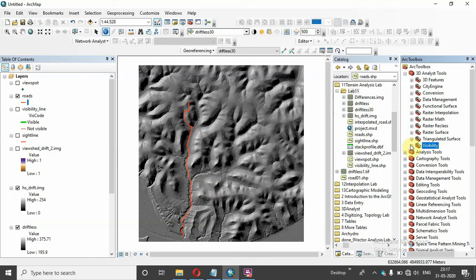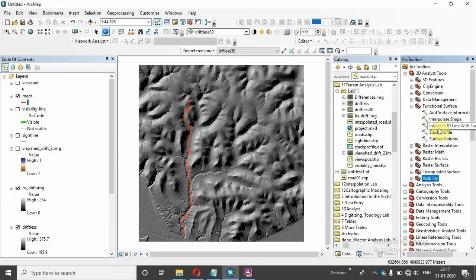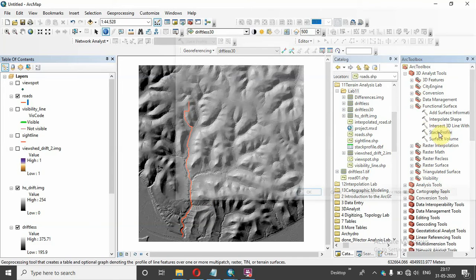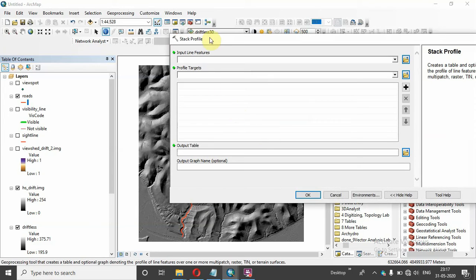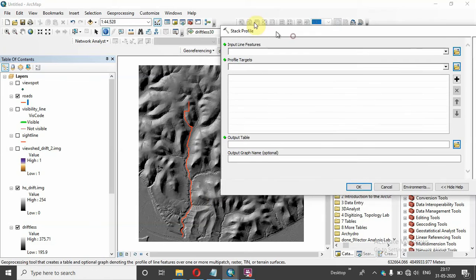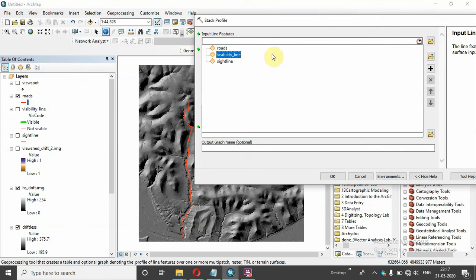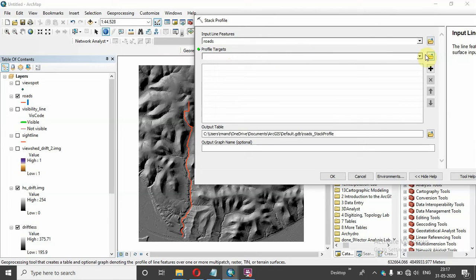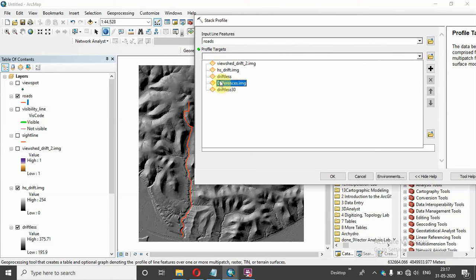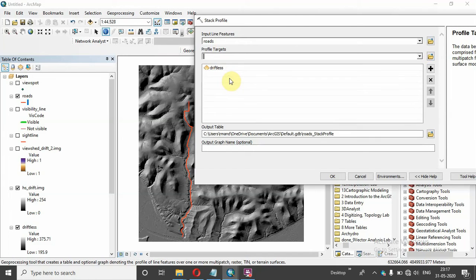For that, go to 3D Analyst Tools, then Functional Surface, then Stack Profile. The input feature will be this road, then the profile target, which it will collect from driftless.